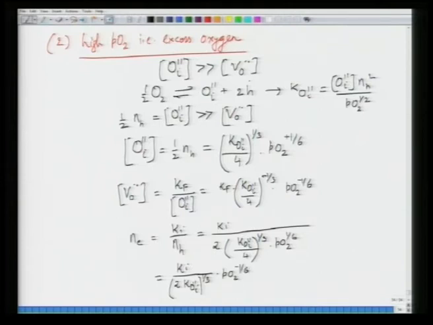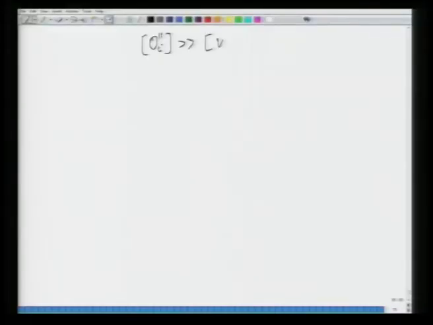So we have got the expressions for OI and NH from the defect reaction, and we have got the concentrations of oxygen vacancy and electron from the Frenkel and intrinsic ionization reaction, because that is the only mechanism by which these defects can be created, but the concentration of these will depend upon the concentration of other defects, which is oxygen interstitial and holes. So now what we need to do is work out the limiting condition, and the limiting condition has to be worked out by the condition that OI is much larger than VO. So you just now replace the concentration of OI and VO here,